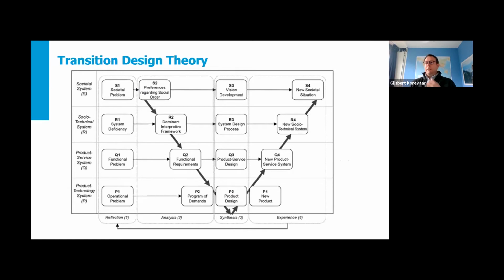With all that in mind, if we talk about circular economy and industrial symbiosis, we're talking about a technical design that is